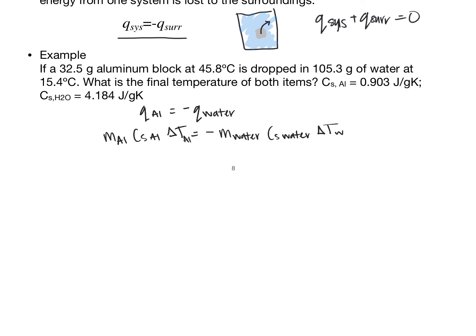So now we can just identify the values. The mass of aluminum is equal to 32.5 grams. The C sub s of aluminum is 0.903. Delta T is going to be TF minus